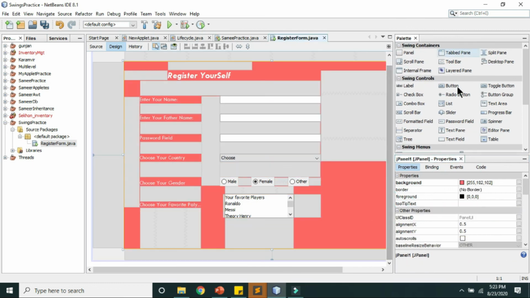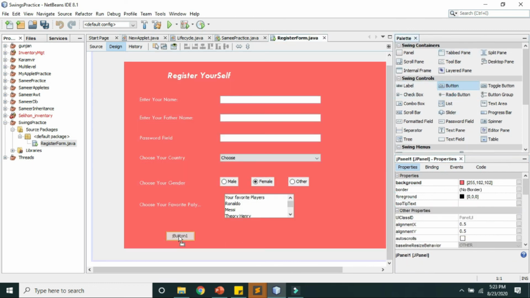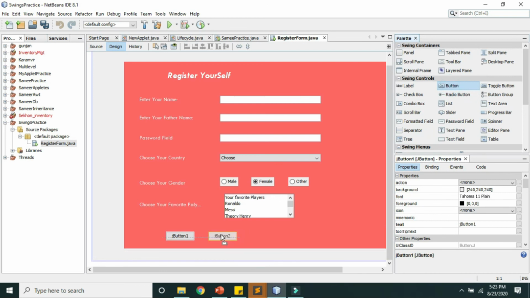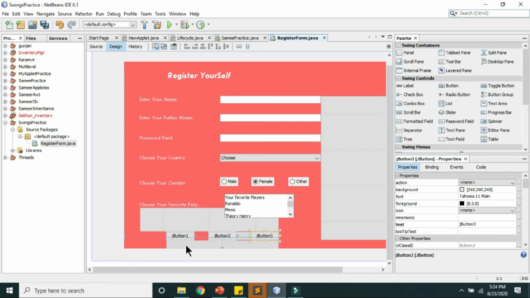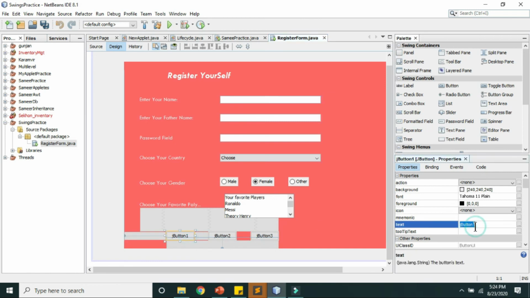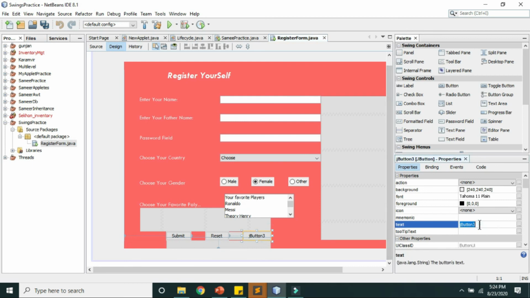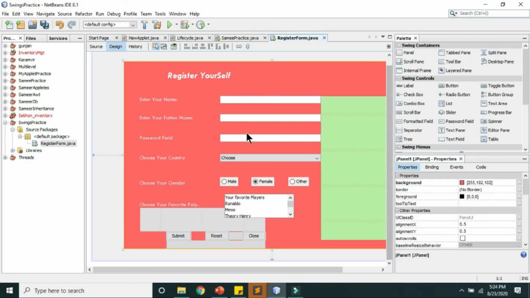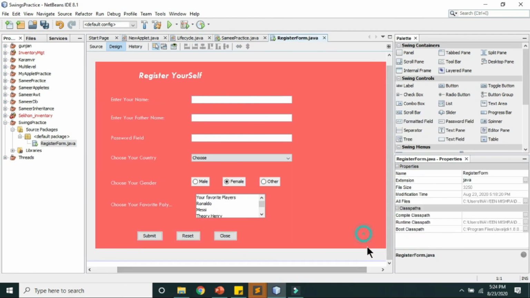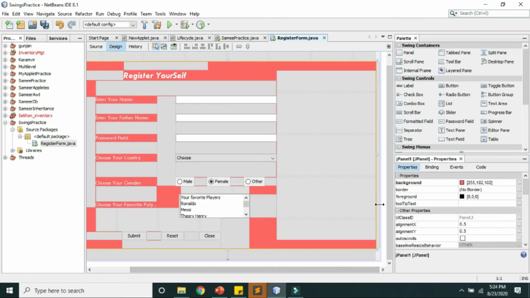I'll place the buttons. So I'll click on this button, place it here. I'll place 3 buttons, copy, select, change it to, that's it, your form has been created. You can minimize it like this way.